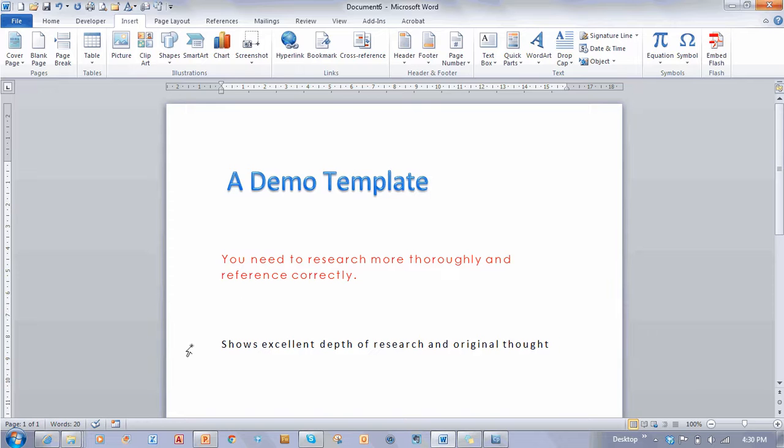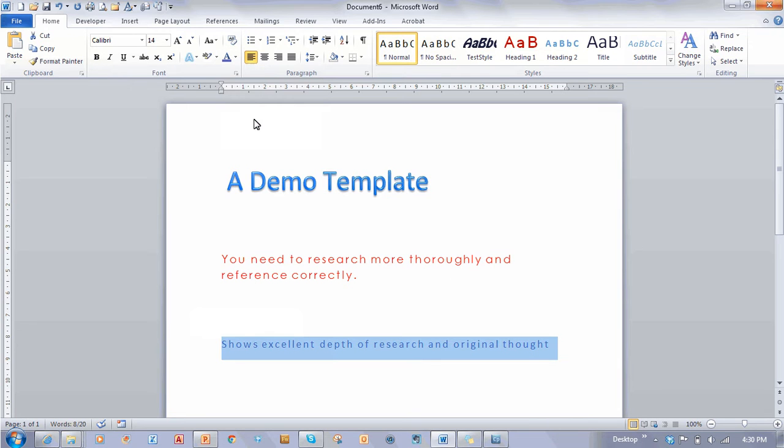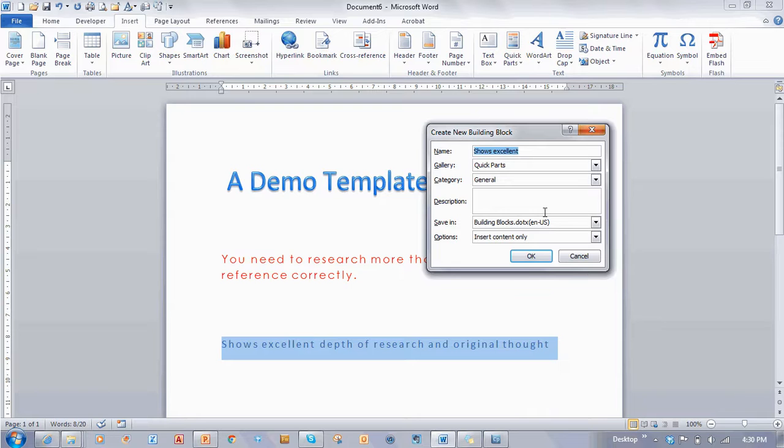Okay, so maybe that's one, and because that's a really positive comment, I've decided that that's going to be in purple. And once again, insert, and then I can go across to Quick Parts, save selection to Quick Part Gallery,